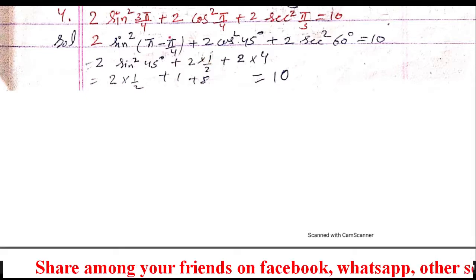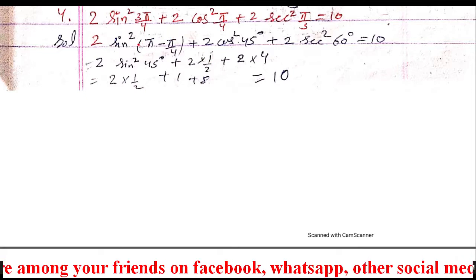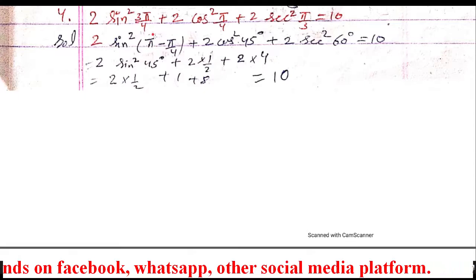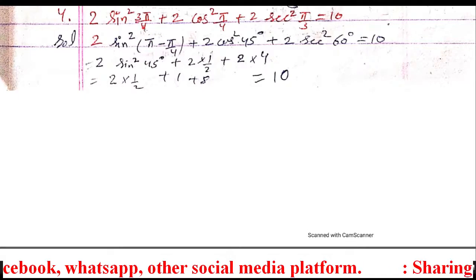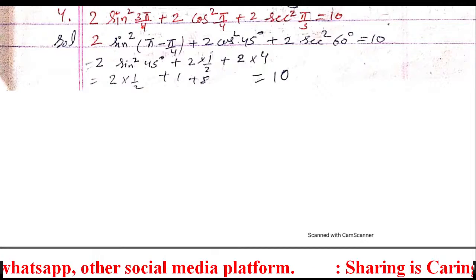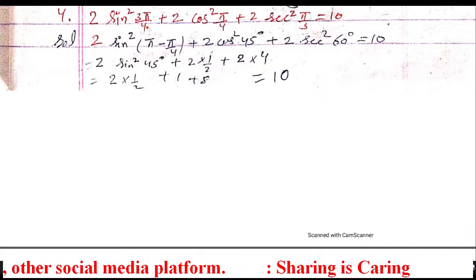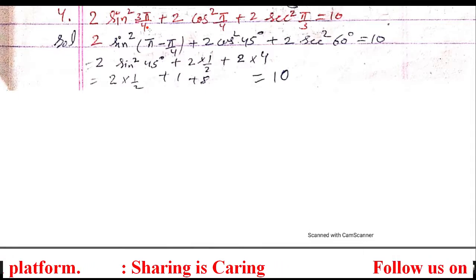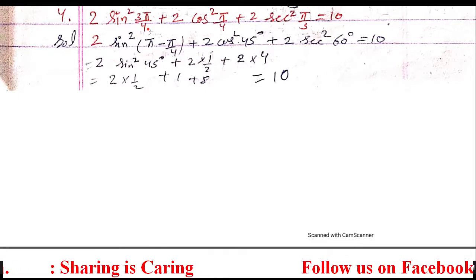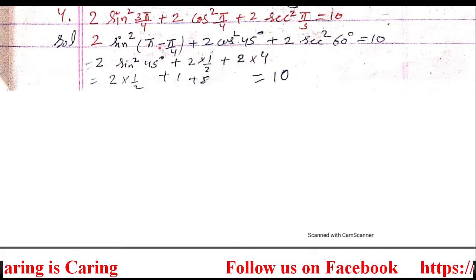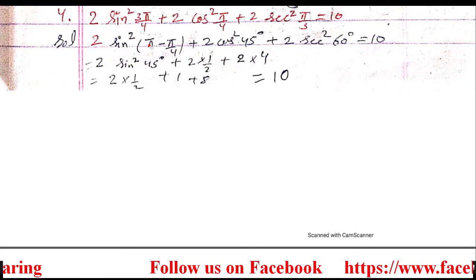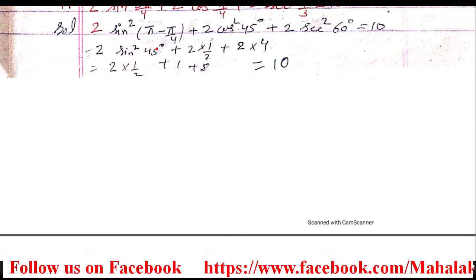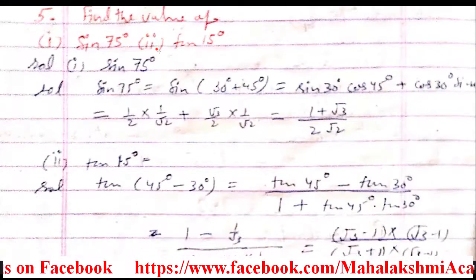So students, this step is new for you, because from 10th to 11th, students have some confusion in this. If you get some angles which are not there in the trigonometric table, because we learned the trigonometric table from 0 to 90 only, and if some angles are beyond that, then convert them in the form of pi minus or 2 pi minus or 2 pi plus like this, and then easily you can get it. Now we'll move to question number 5 of the same exercise.